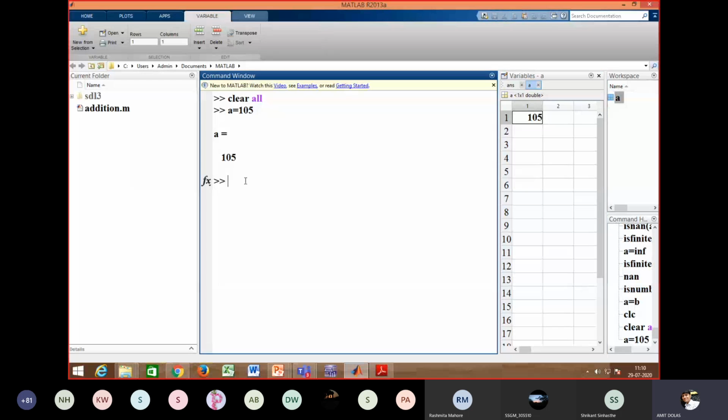Now what is 105? You have one command which we already used. So you can see here the variable name is a, size is 1 by 1 array or matrix, 8 bytes, and class is double.